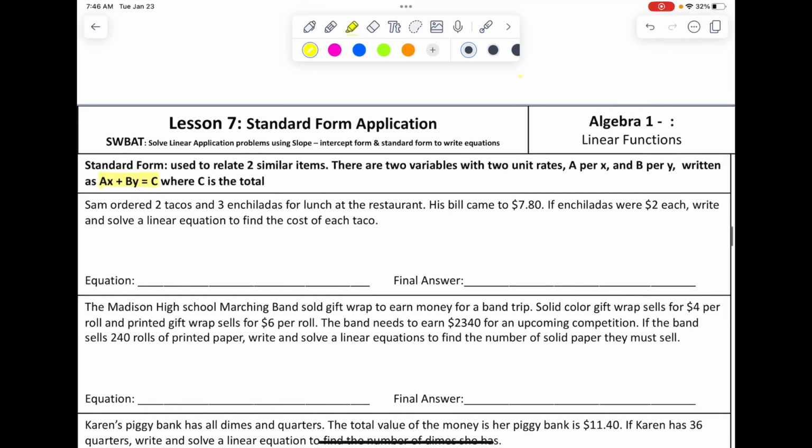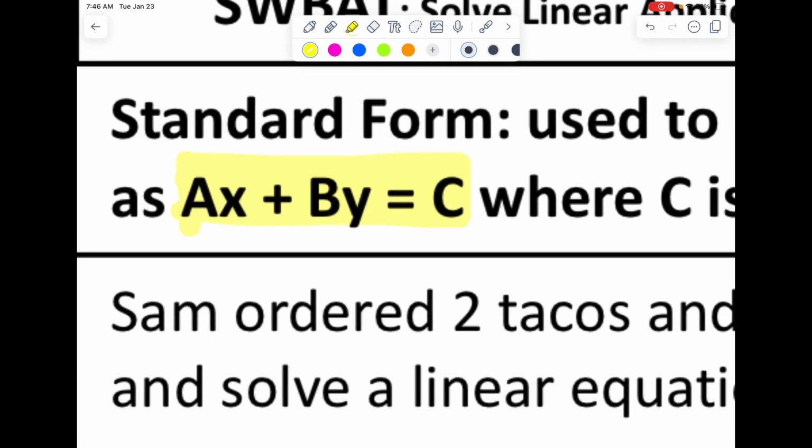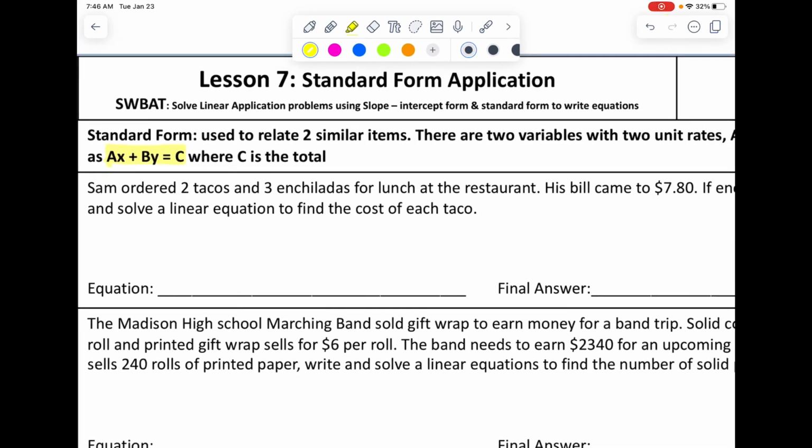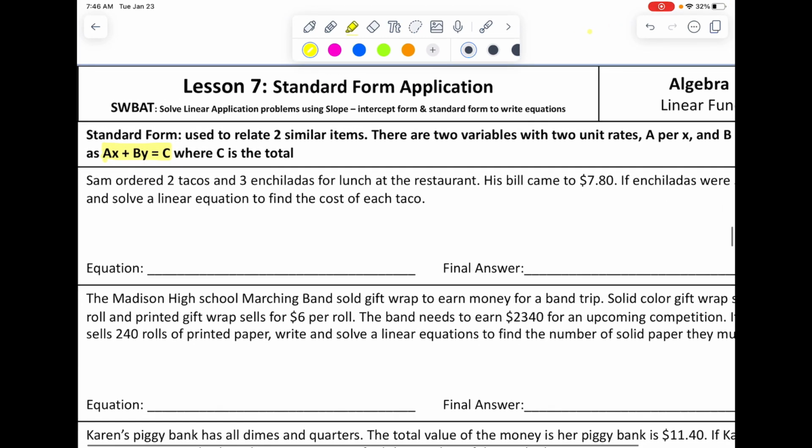Today we're going to be going over Lesson 7, Standard Form Application. Standard form is not y equals mx plus b, that's slope-intercept form. Standard form is actually this: ax plus by equals c. And we use that on problems where we have two similar items. For example, if you're purchasing two items at a store, we would be using standard form so that they each